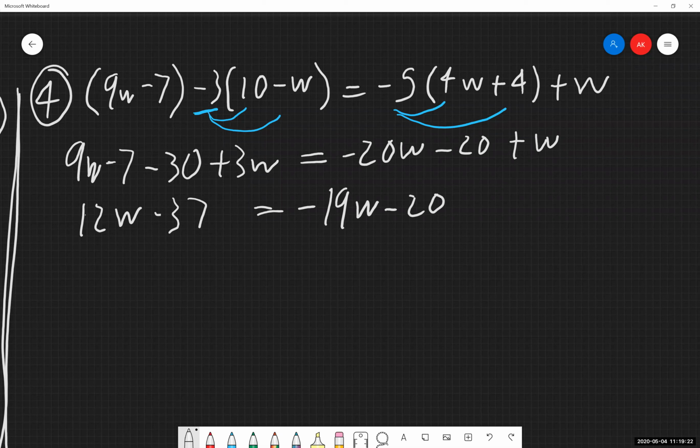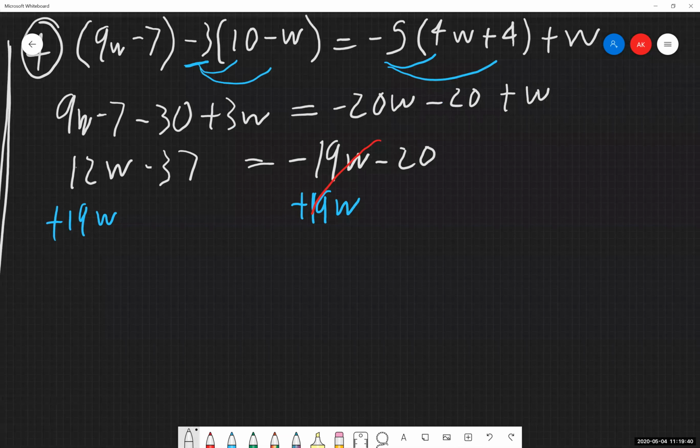And now from here, we can just follow the process that we've done in the past. We're done with these previous problems. So it's going to cancel on the right-hand side after I've added that to both sides. The left-hand side, we should be getting, it's going to be 31.